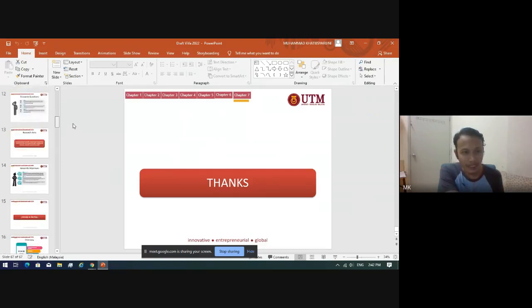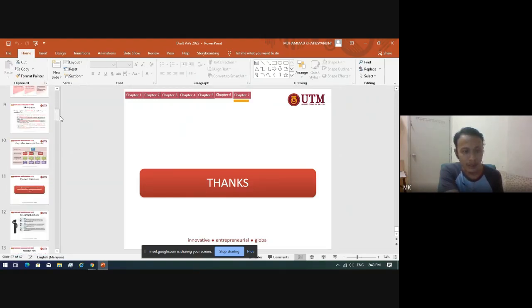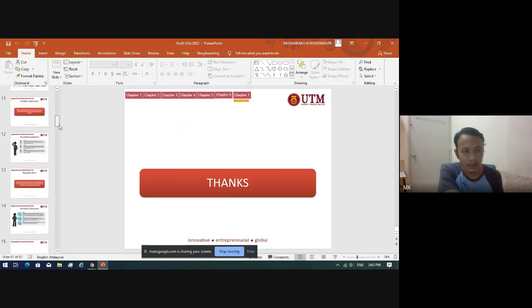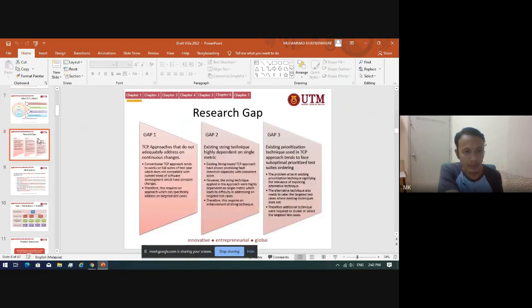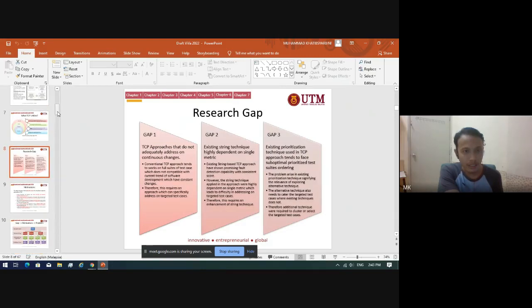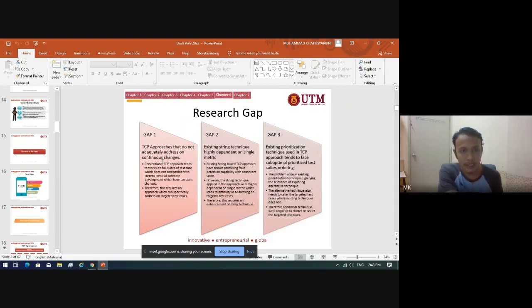Basically, what I'm doing is, maybe after this I will consider adding a few more diagrams. So what I've been doing is based on my gap. The first gap, the major one, is to find an approach